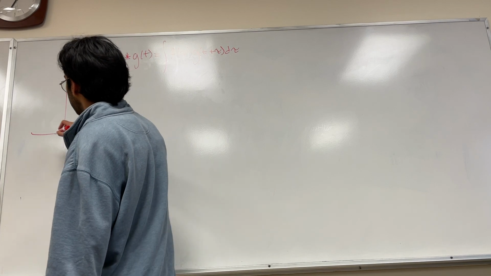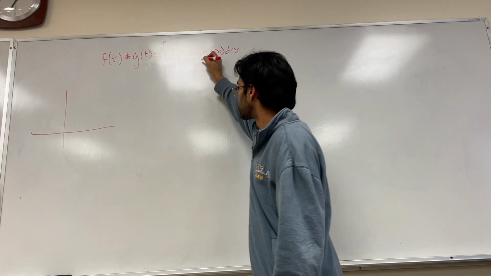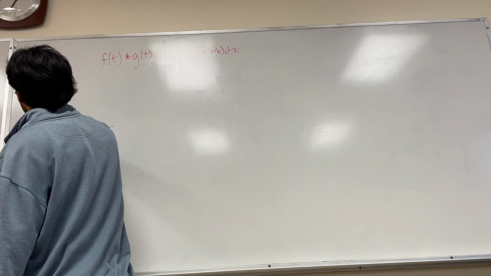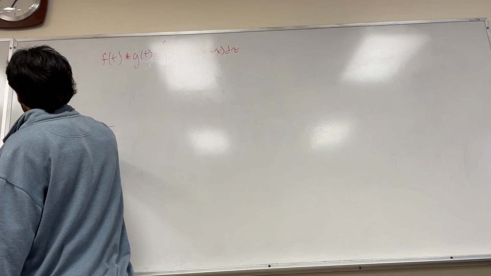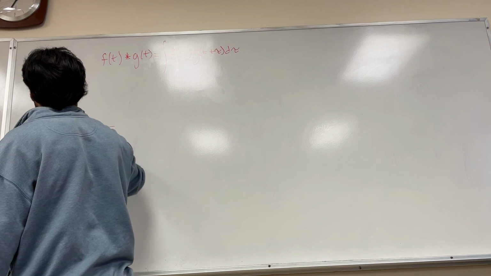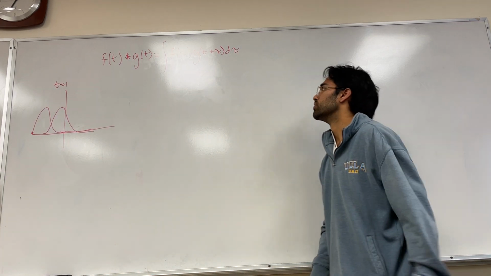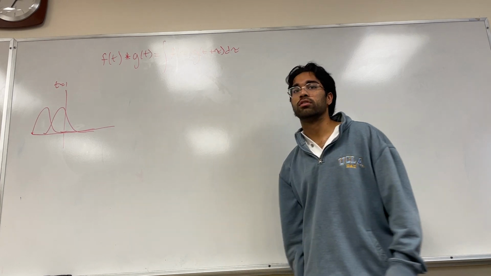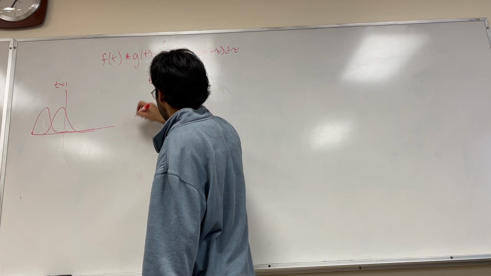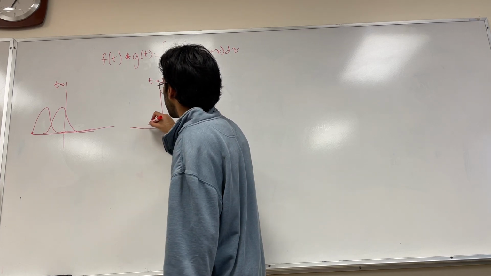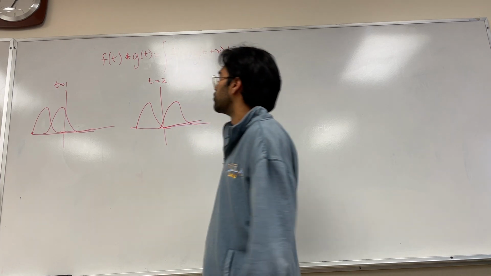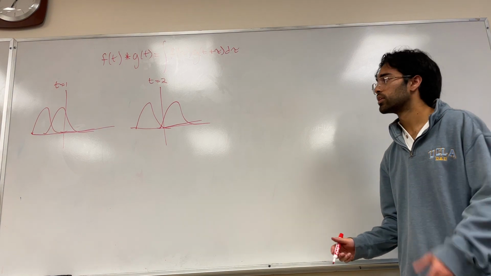If you draw what this looks like, say we fix t. In the t equals 1 case, you have signal A and signal B. You multiply these two together and you integrate. In the t equals 2 case, you multiply these, now shifted, two together and you integrate. And what this generates